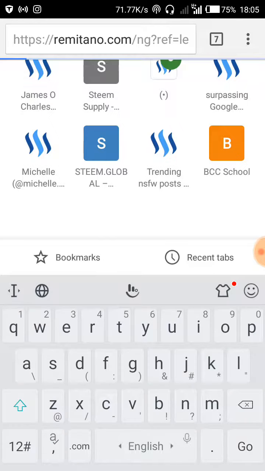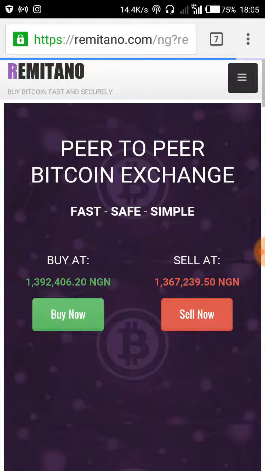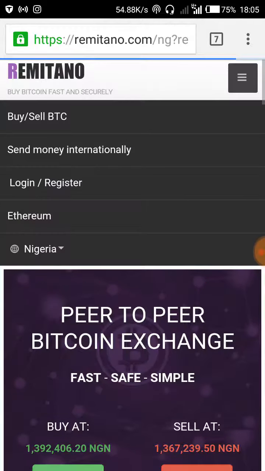So once you click on it, it will give you a page in which you have to register. The registration and their security is so good that I love it so much, nobody would even have access to your account except you. Now, if you click on these 3 bars by the top right hand side, you can either log in. That's even the first thing. You either log in or you register.